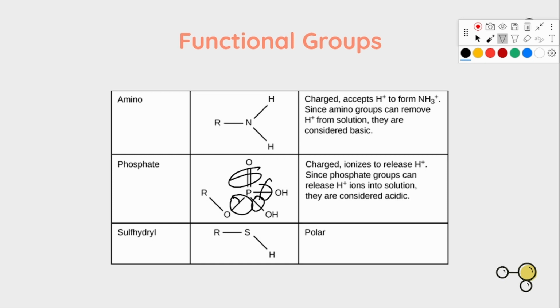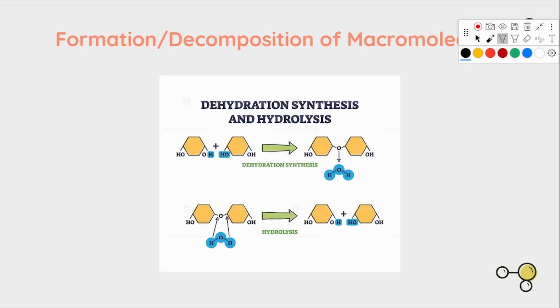Now that we have some basic chemical knowledge of how compounds are formed, we can look a little bit more into how macromolecules are formed and decomposed. Most macromolecules are formed through a process known as dehydration synthesis. In dehydration synthesis, monomers combine to form polymers